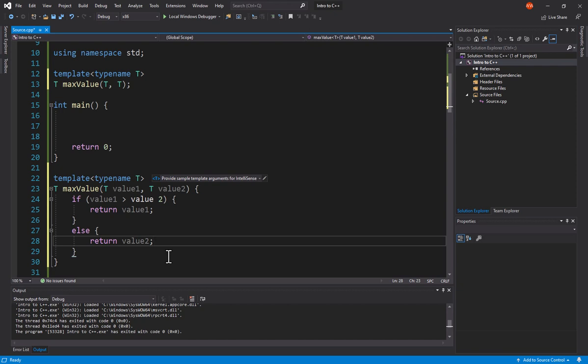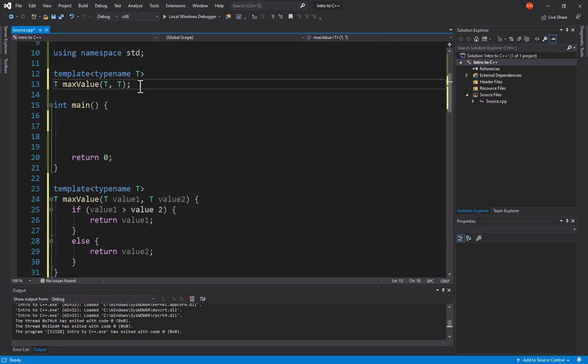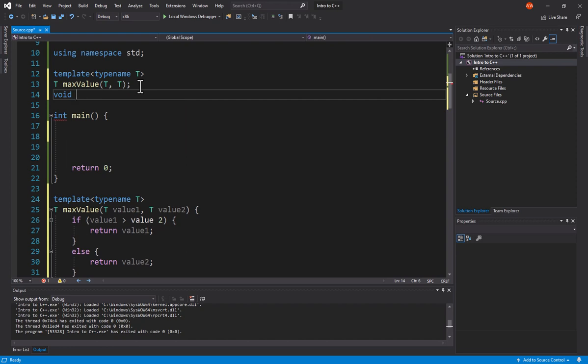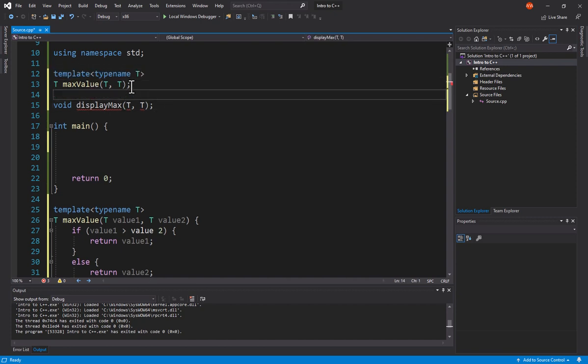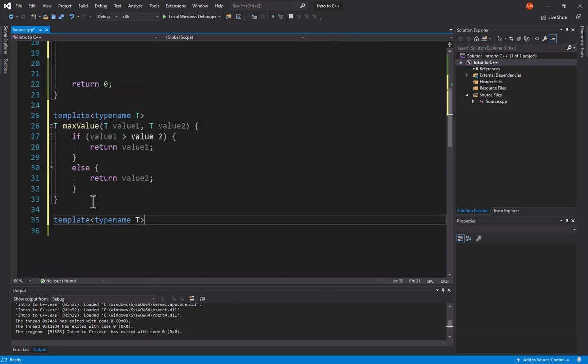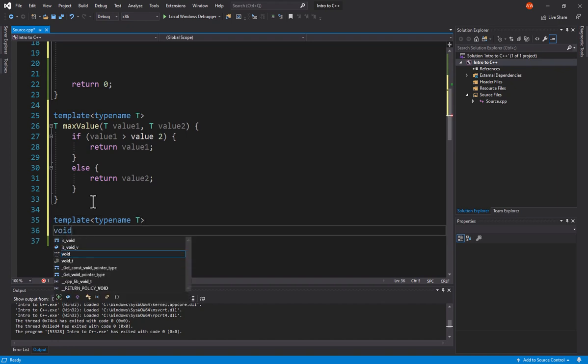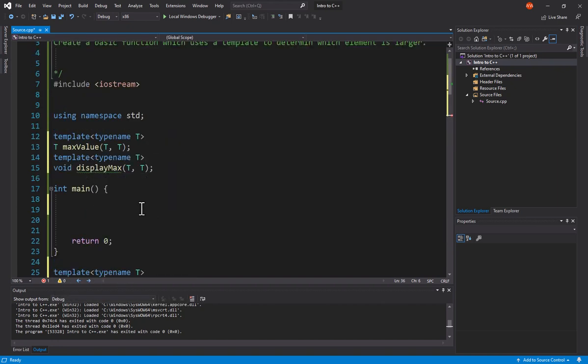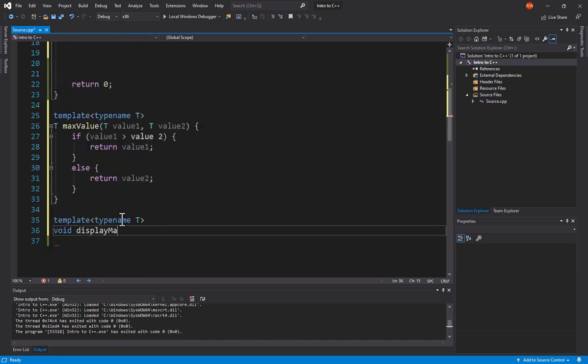The nice thing with the template is it changes however we want to use it. So for example, I'm going to create one more function. It's going to be void display max T, comma T. Notice that if I try to do this, however, it says, wait a second, I don't know what T is. That's because even though I define template type name T up here, it doesn't necessarily bring it down. So I need to put this for every function. And then I'm going to come over here, have my template type name T, void, and then my function name, which is display max. Then I can have T, value 1, comma T, value 2,